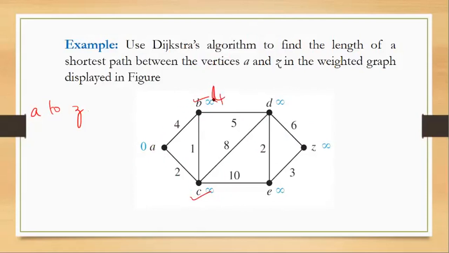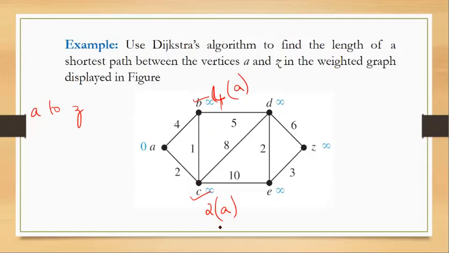So this is the way you're supposed to write it. Write the distance in the diagram, and you're supposed to write the vertex from which you are traveling. So 4 is the distance, A is the vertex from which you are traveling. Similarly, 2 is the distance and A is the vertex you are traveling from. Then the next thing will be the second step. Initially, the actual diagram was the first step. This is the second step. In the third step, you have to select the vertex which is minimum among these two. So among B and C, C is the minimum one.